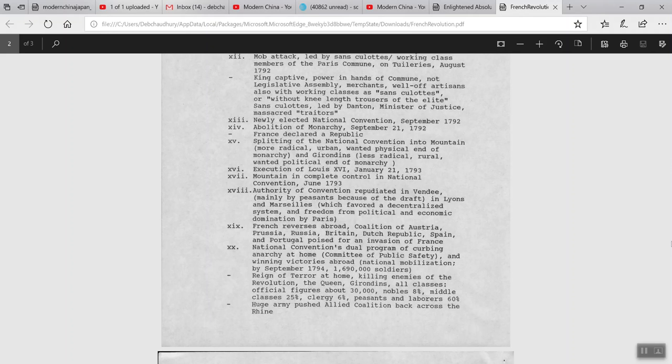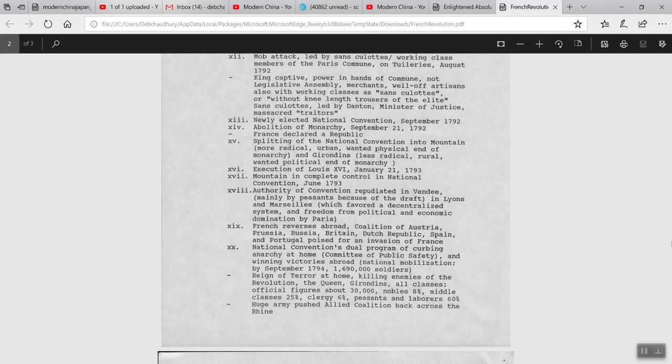To meet these crises, the program of the National Convention became one of curbing anarchy and counter-revolution at home while attempting to win the war by national mobilization abroad. So as per this dual program that you see in Roman numeral 20, the Committee of Public Safety, dominated initially by Danton, but now taken over by Robespierre, the architect of the Reign of Terror, eventually became one of its most important members. In a 12-month period, 1793 to 94, some 12 members were re-elected, and they were ready to